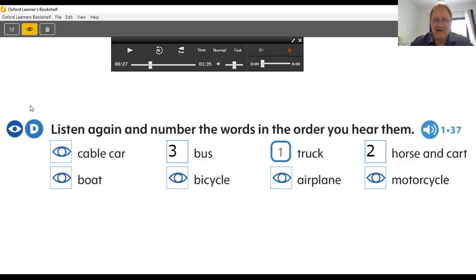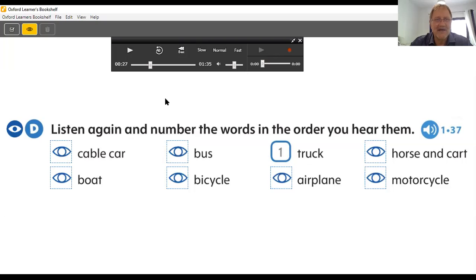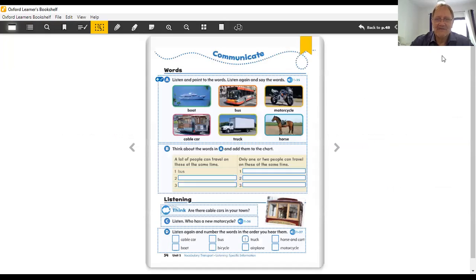And of course, we can check our answers already by clicking on the check button up here, and number 2 and number 3 are correct. Moving on, we can check all the answers with the answer key in the middle there. To delete all the answers, we want to go to the dustbin icon, delete everything, click OK, and clear the answer key. So there we have it.